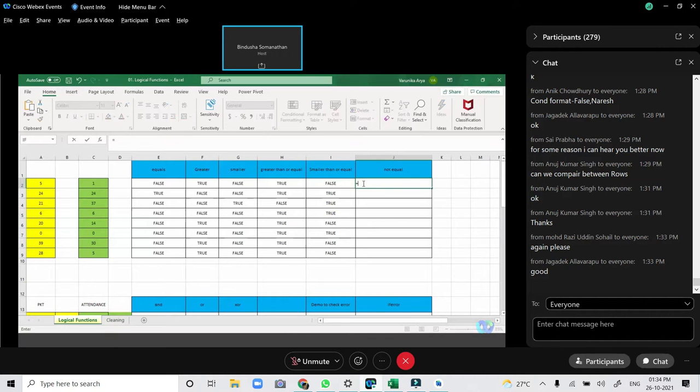The symbol for not equals is the less than sign and the greater than sign. A2, C2, not equals. Since A2 is not equal to C2, we have got a return value of true. 5 not equals to 1 has returned true. 24 not equals 24, we have got a false value.